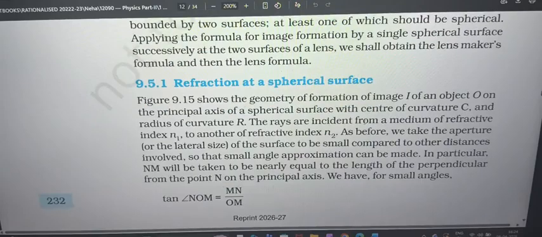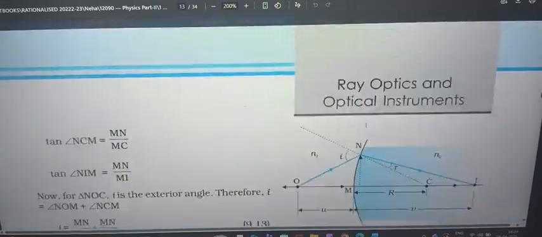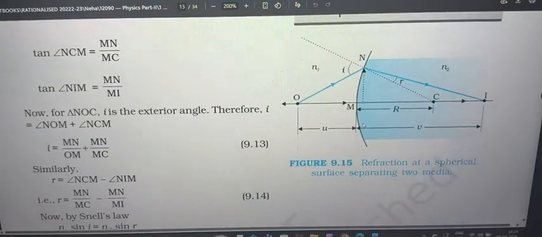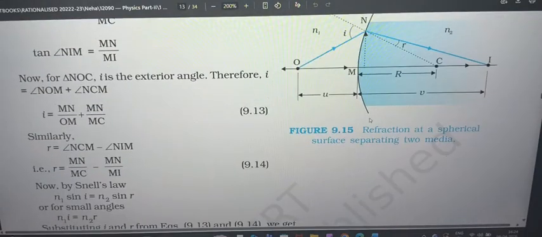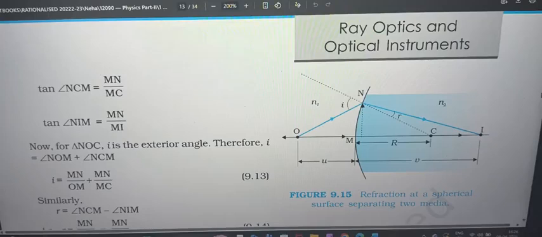So let us go through. First let's see this spherical surface where we are taking a convex surface. First we will see this, then we will go through the lens. So here we can see that there is a spherical surface separating two different media. Then how is the refraction happening? Here the object is there, the ray will be going like this and it gets refracted over here, and as already mentioned, normal should be drawn from the center of curvature.